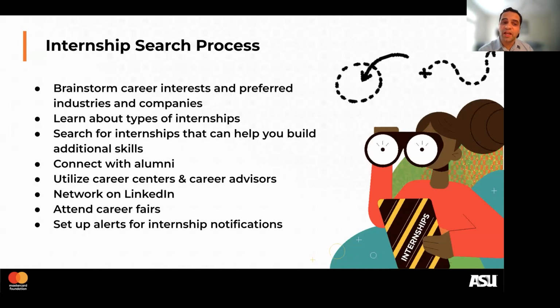Search for internships that can help you build additional skills. And this applies to employment, by the way, in many ways. I would say this: if you go to a place where you are perfect in everything they need, what are you going to learn, right? You want to go to a place where you have something to contribute and where they contribute something to your skills, to your advancement and to your entire profession, basically, right? Now, I think that's a clear point. Let me know if you have questions about it, but it's a key point also.